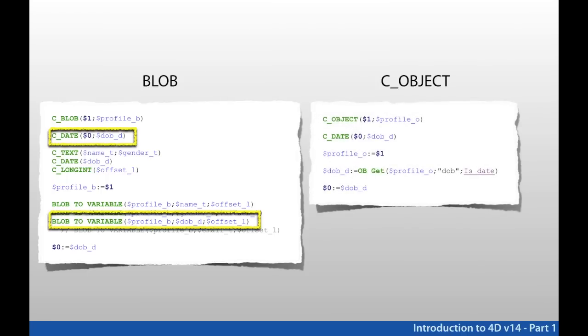If you know what the property name is, you just call OB Get. Here's the property name, here's the value. So you don't have to know the structure of the blob. You don't have to parse through the blob to get that value that you want. That leads me to the final point,